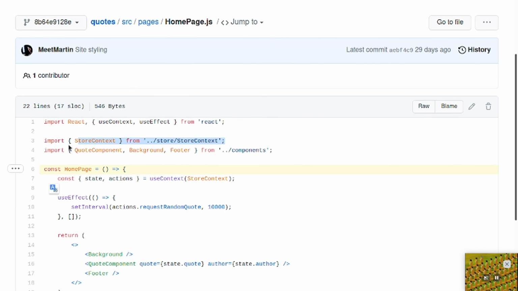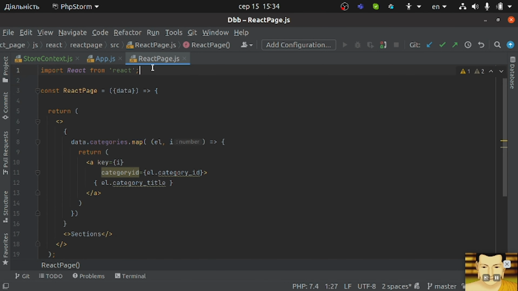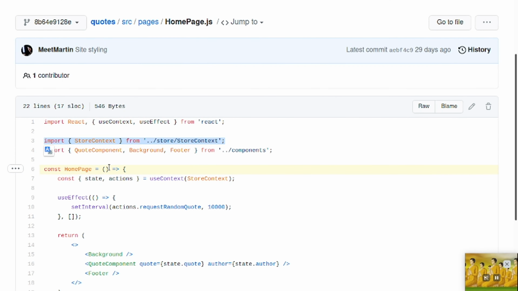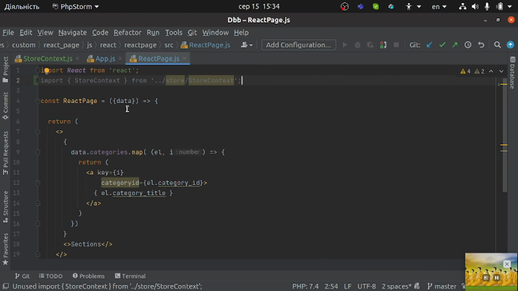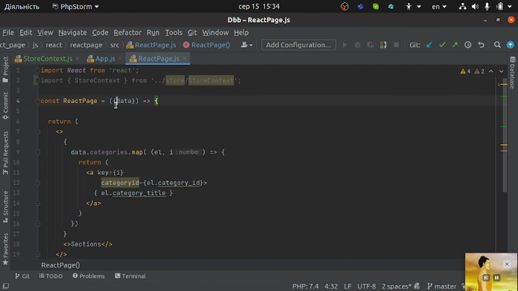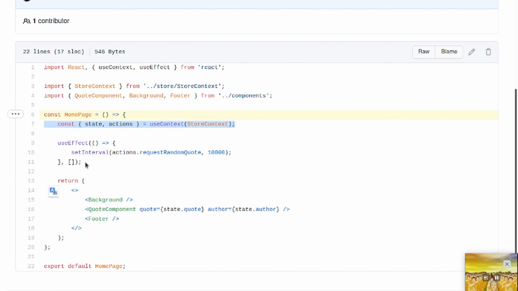We need this in our home page, in our React page. We need this, and we need state and actions. If we are using this here, state and actions, state interval, request,